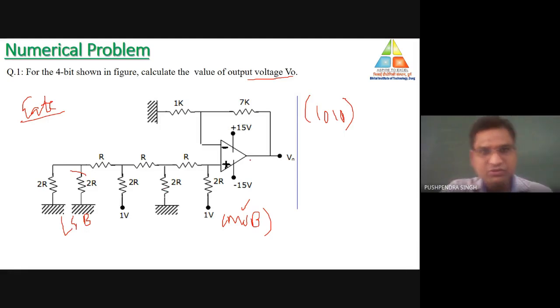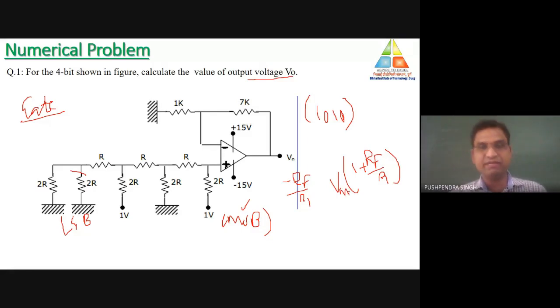Second thing, you need to check over here that the operational amplifier is connected in non-inverting configuration. Which configuration? Non-inverting configuration. Why? Because the input supply is connected to the positive terminal. Most of the students make a mistake over here. They calculate the final output in terms of minus RF by R1, but it is connected as non-inverting. So output will be 1 plus RF by R1, into V in. That will be the value of output. Now in place of minus RF by R1, it is 1 plus RF by R1.